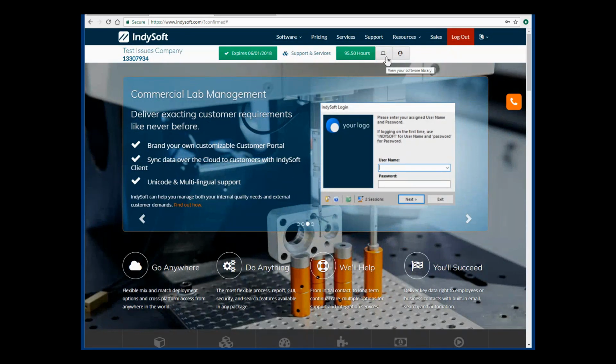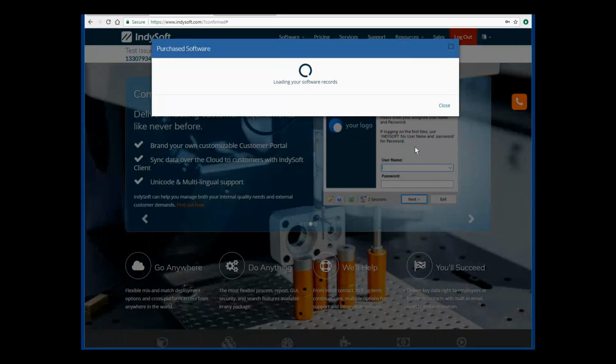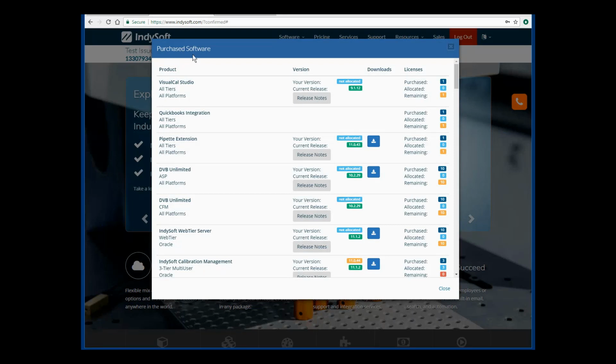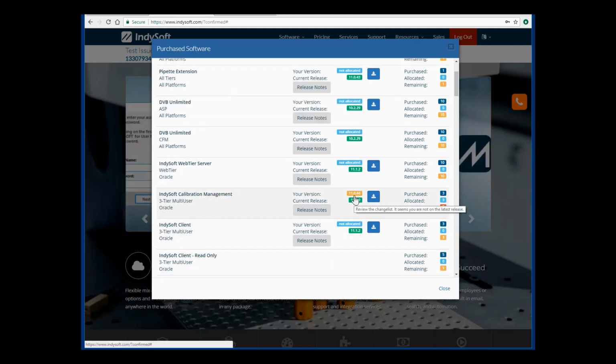After that, we get into your purchased software. Starting from left to right in the software panel, we can see your software, tier, and platform information, what version you have installed, and what the latest shipping version is. There are a couple of indicators here. Not allocated means that you have this product, but you have not put it into production or a licensed environment yet. If there is a number, that reflects the current version that you have installed in your environment, and you